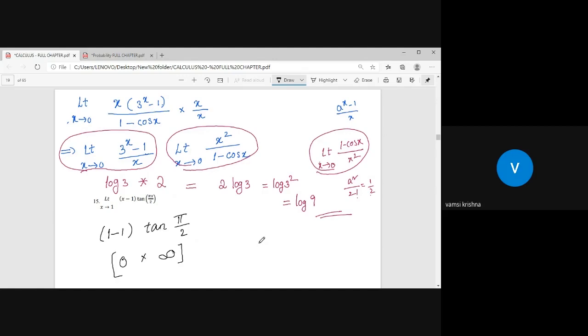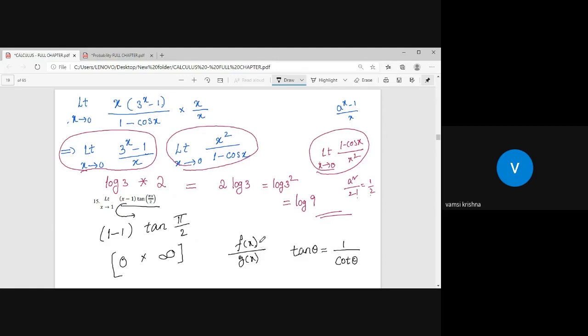So you need to apply L'Hospital's principle. Sir, if I want to apply L'Hospital's principle, I need f of x by g of x. If I have both numerator and denominator, then I can differentiate. But here you have only the numerator, there is no denominator. So you please convert this into a fraction. You can write tan theta as 1 by cot theta. That is the hint I am giving you. Then you will get both the numerator and denominator, and you can solve the question.